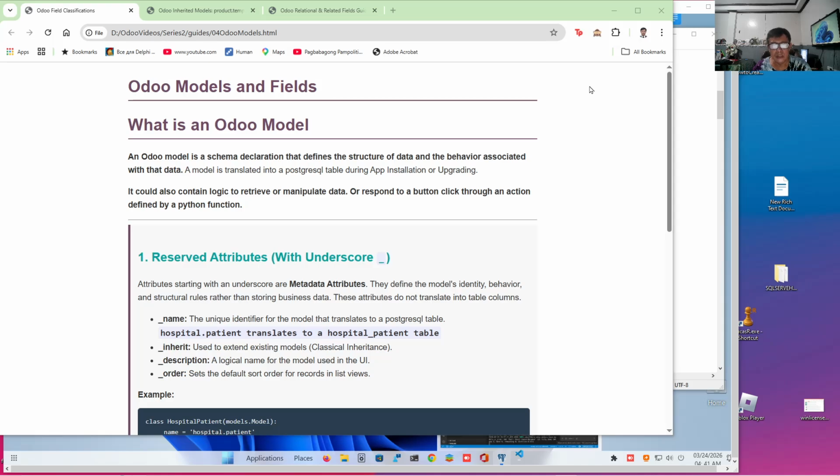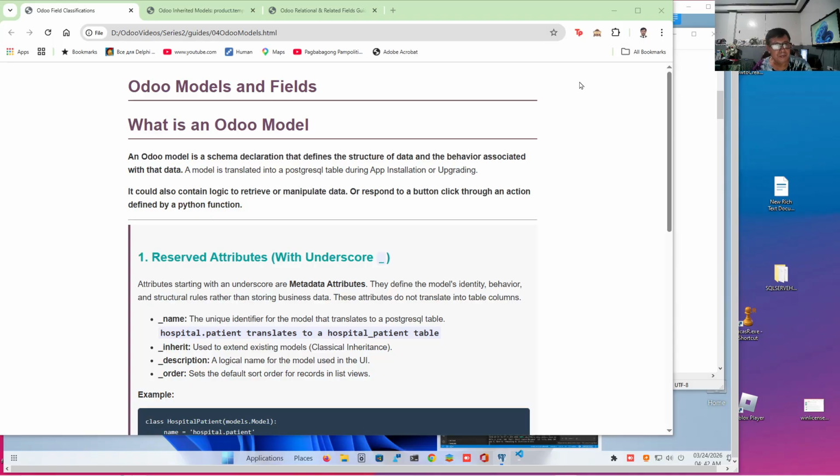Odoo uses a Python ORM platform. It has its own ORM platform. In an ORM platform, the MVC concept is usually used. What is MVC? MVC stands for models, views, and controllers. So in Odoo, in order to develop our applications, we have to start with creating models. Models are actually objects, after which we create views, and views are actually user interfaces. Controllers are the logic behind the models.